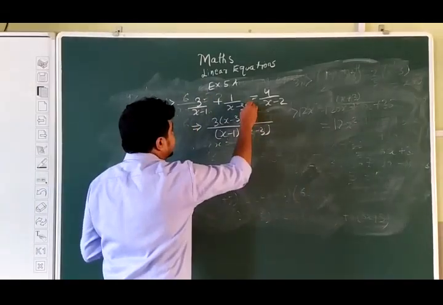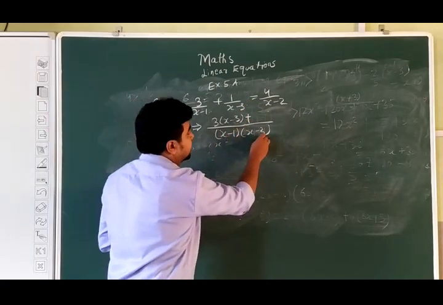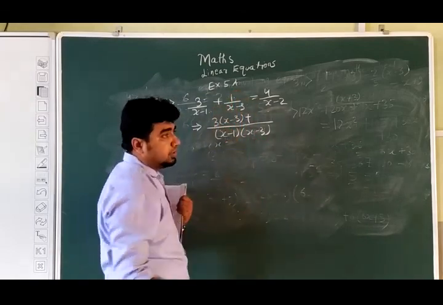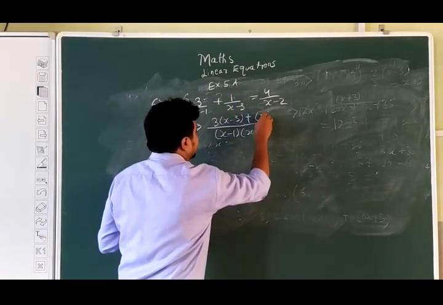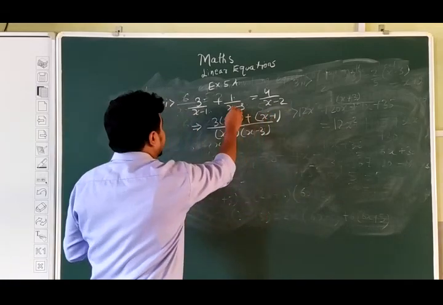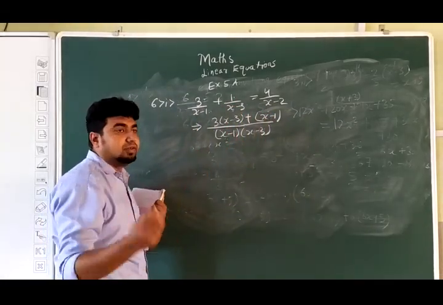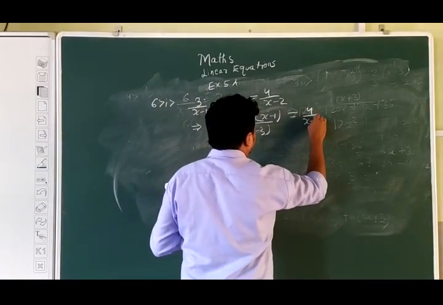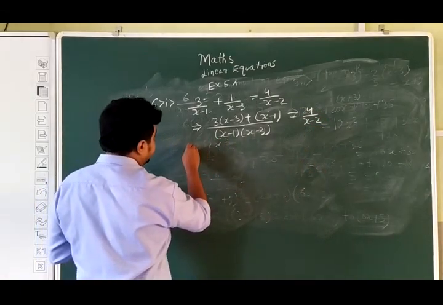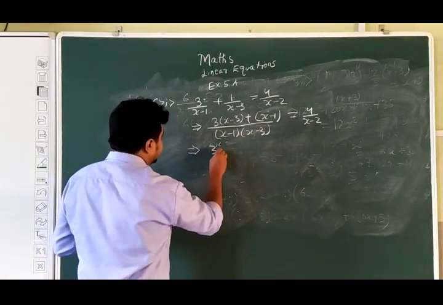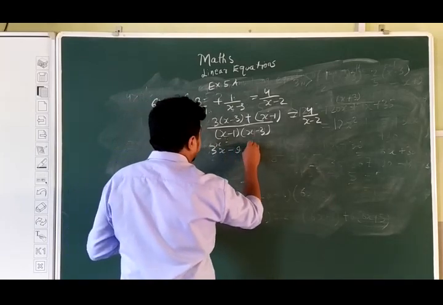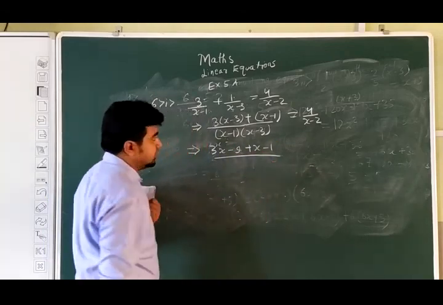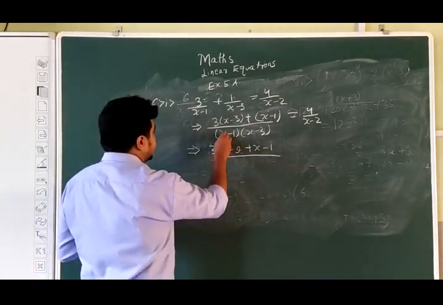If here x minus 3 is given, you have to make (x minus 1) into (x minus 3). Here I will be multiplying x minus 1, so in the numerator also I will be multiplying x minus 1. Or you can see what term is missing here: x minus 3 is written, x minus 1 is not written. And 4 by x minus 2. So from here we are getting 3x minus 9, x minus 1. This is a special product as we have studied.